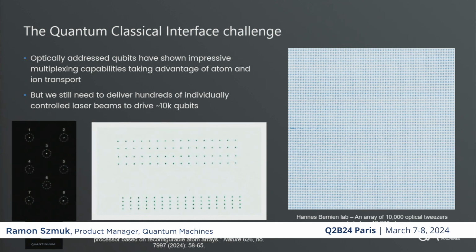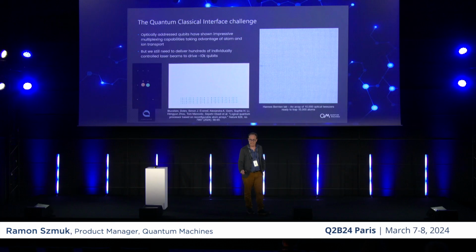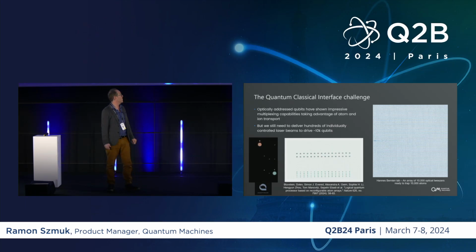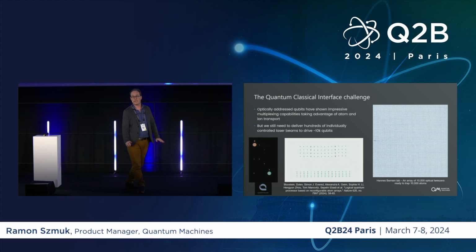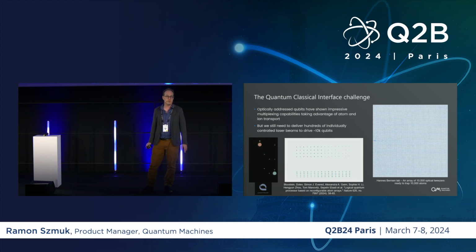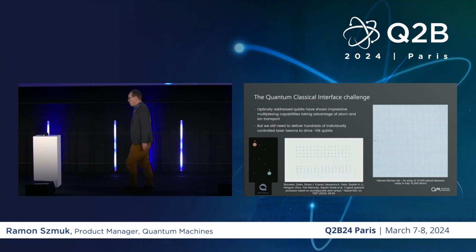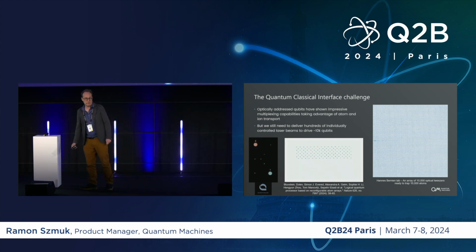The problem is that they can do 10,000. So these are not atoms. This is a picture from Hannes Bernien's lab, a customer. These are just the traps. Okay, we're not there yet. We're not going to make 10,000 very soon, but we are going to make it soon. There is kind of a consensus in the atom array community that 10,000 qubits is around 2 years away. There's no big roadblock preventing us from reaching that